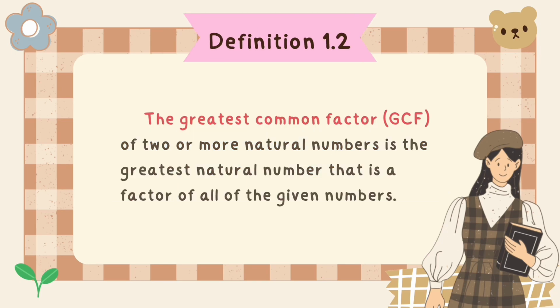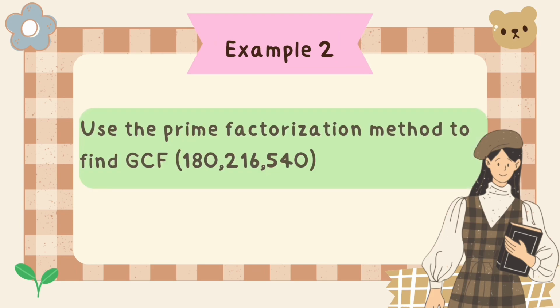Definition 1.2. The greatest common factor, GCF, of two or more natural numbers is the greatest natural number that is a factor of all of the given numbers. Example 2. Use the prime factorization method to find GCF(180, 216, and